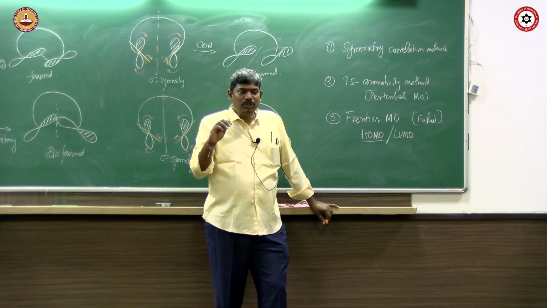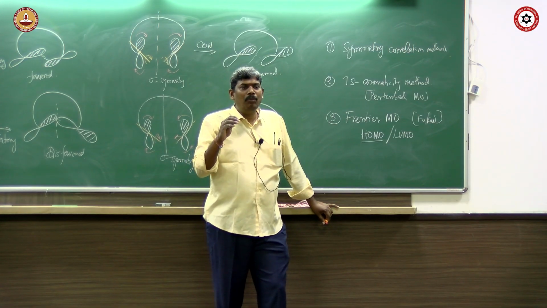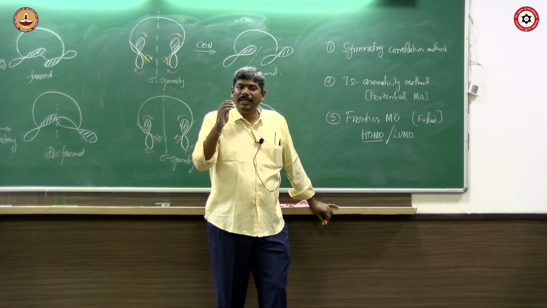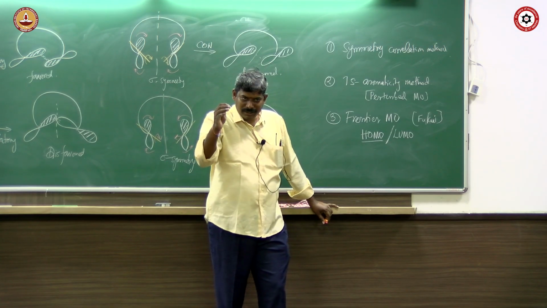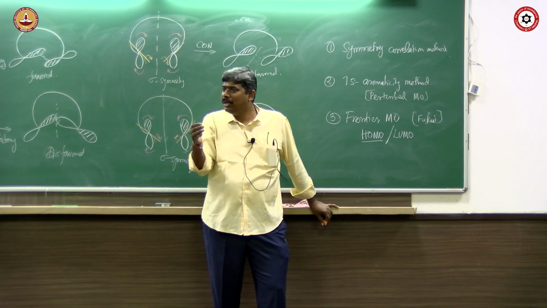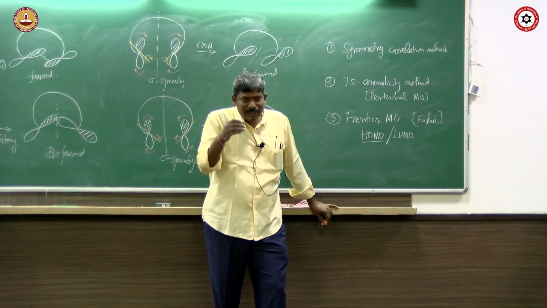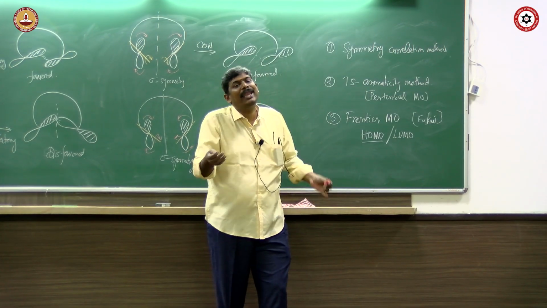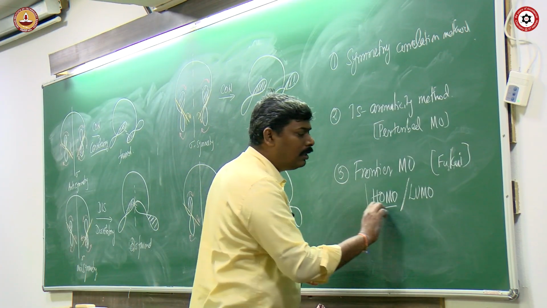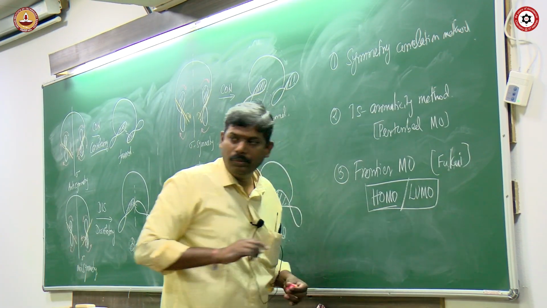Because those are the ones which potentially interact. The HOMO is the one which is highest in energy, has an electron, and can give an electron to the system to start the reaction, to start an interaction. That's why you consider the HOMO in one system. A LUMO is the one which is the lowest in energy, which is unoccupied, and can accept an electron. That's the reason why you consider a HOMO and LUMO.